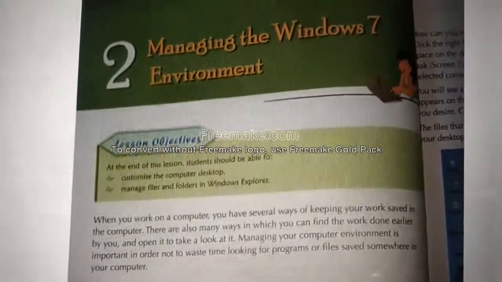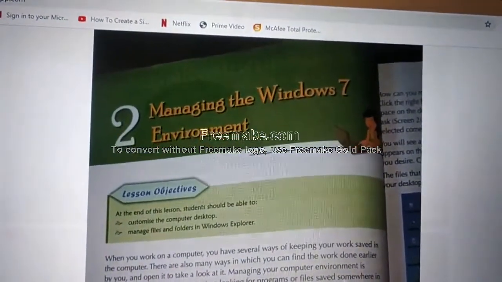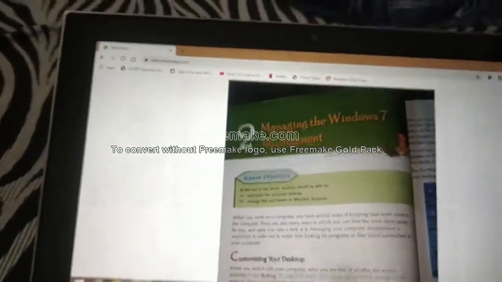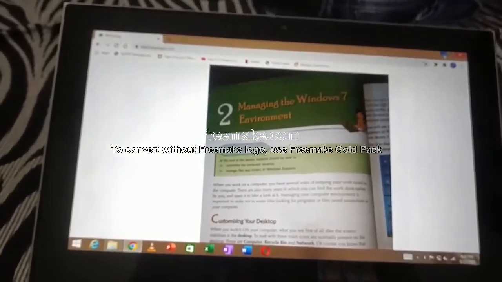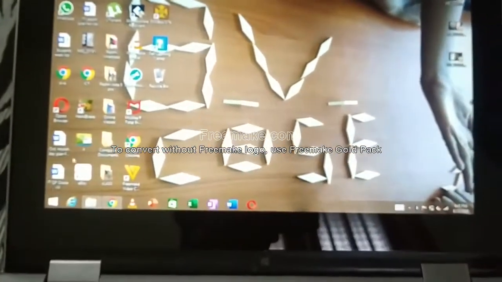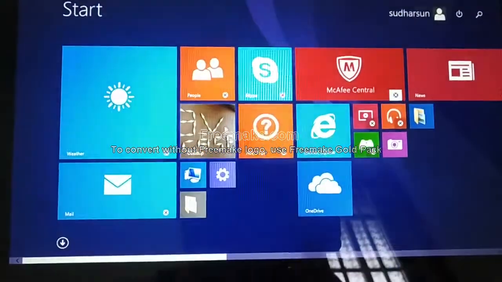Now today we are going to see about Windows 7. Your unit is Windows 7, but I don't have Windows 7. This is Windows 8.1. So Windows 7 cannot be explained in Windows 8.1.